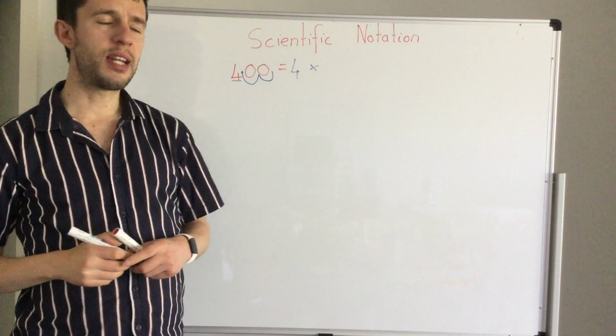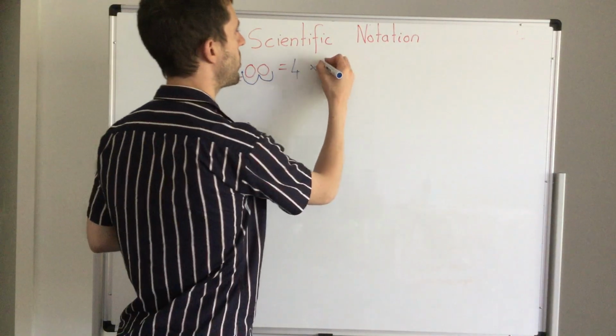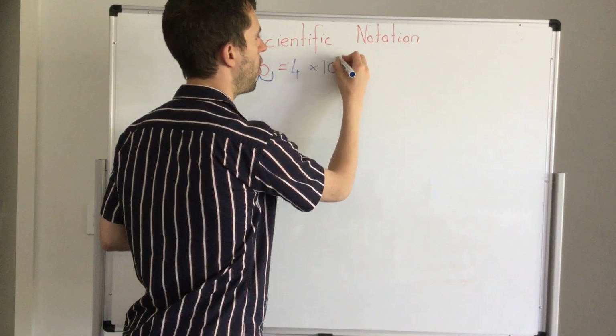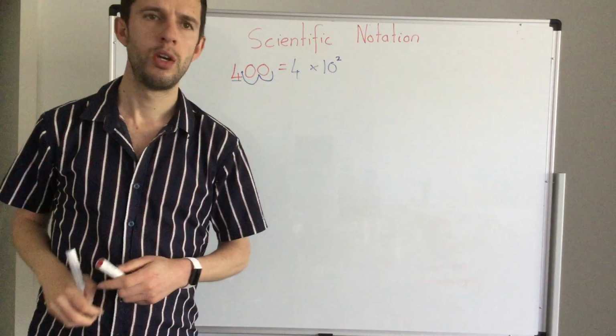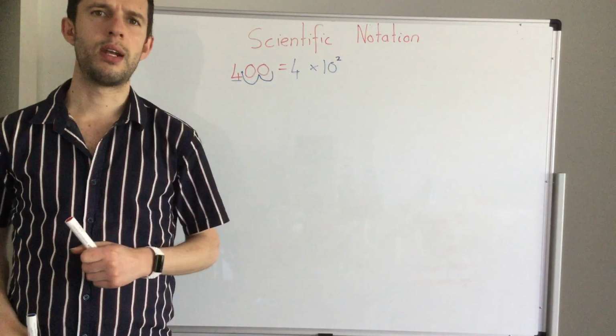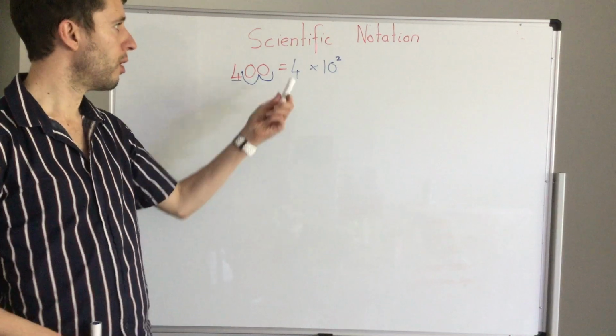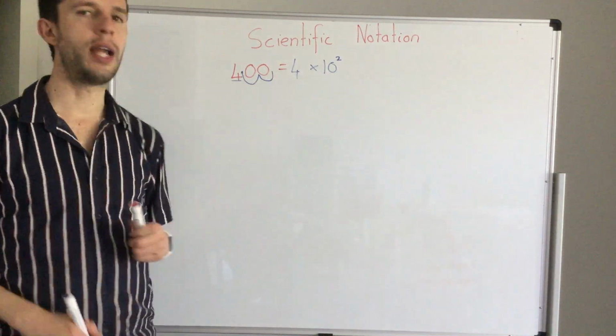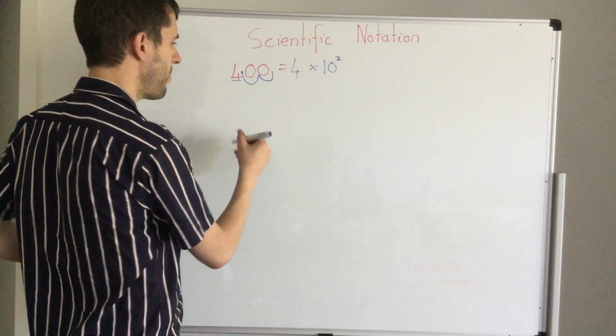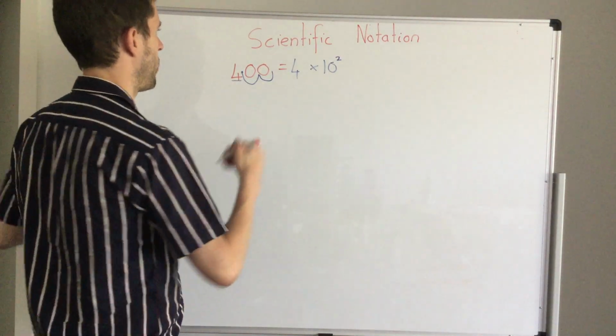How many spaces did I move it? I moved it 2. So 4 times 10 to the power of 2. What's 10 squared? It's 100. So what's 4 times 100? 400. Exactly the same thing applies if I go